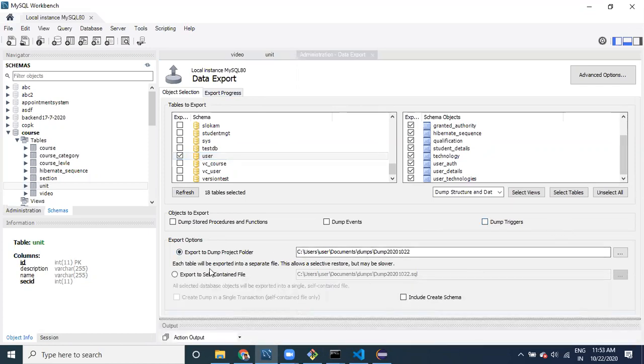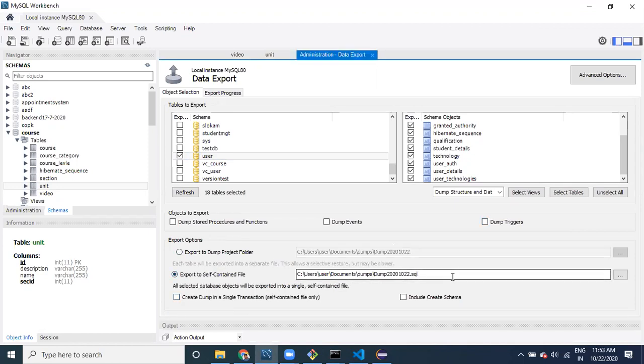Export self-contained file. You can take only one file. You can even include create schema also. You can take this file.